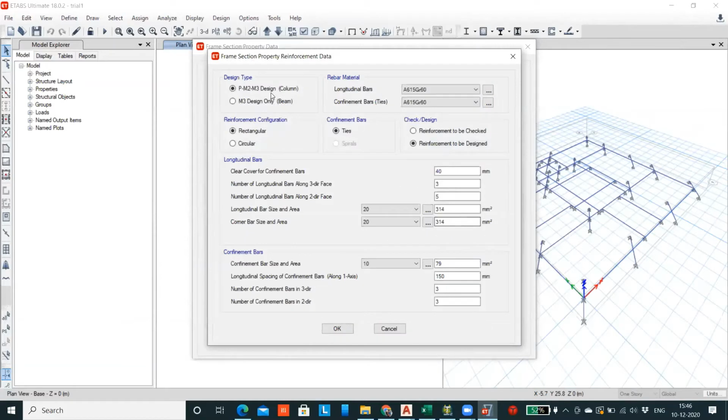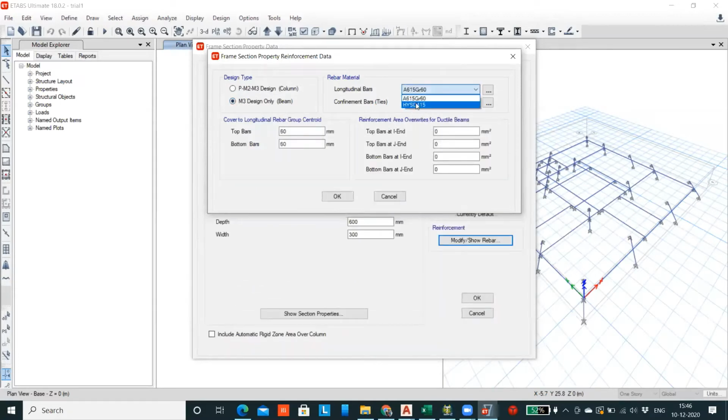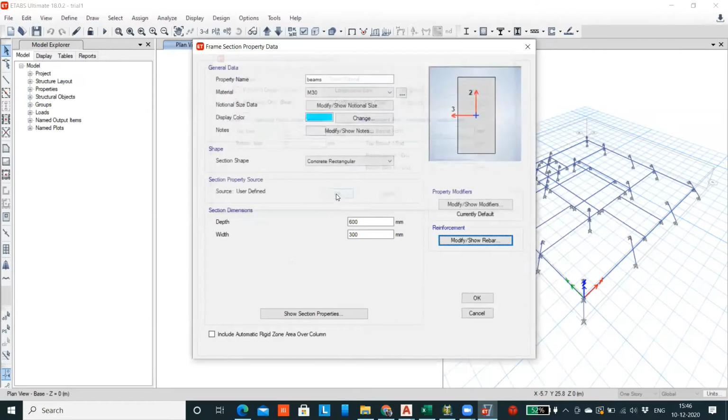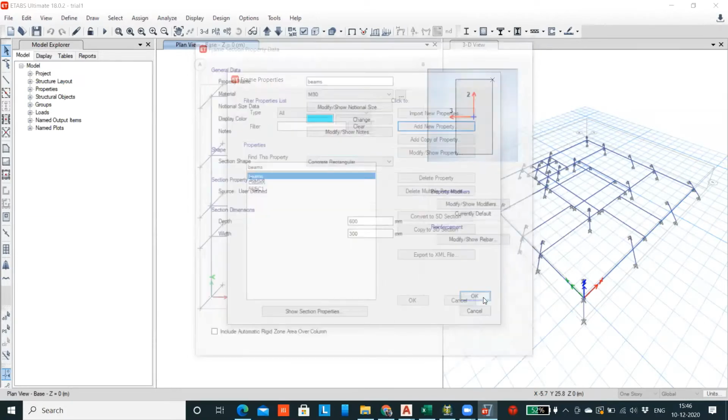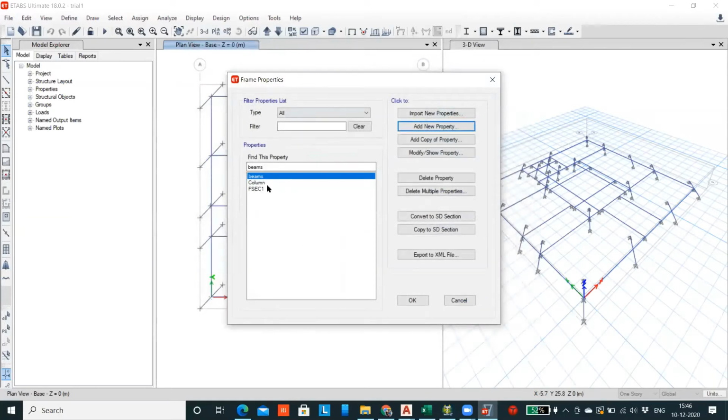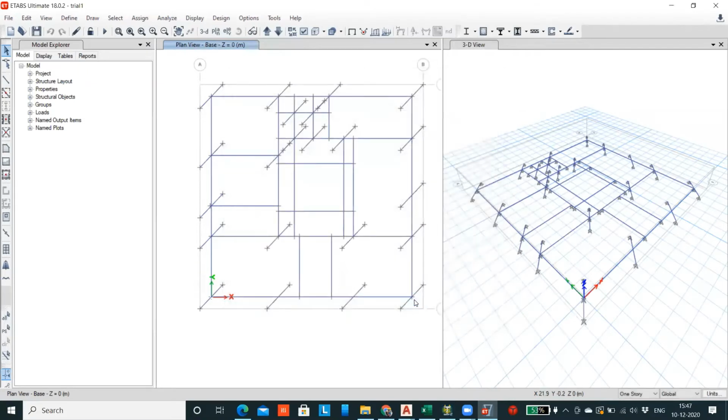Later on, you can change the section, and this time make sure that it is the design only. Select this option and select the grade of concrete and the grade of steel over here, and say OK. So once you complete this part, click on OK. So beams and columns are created, and then you can say OK.